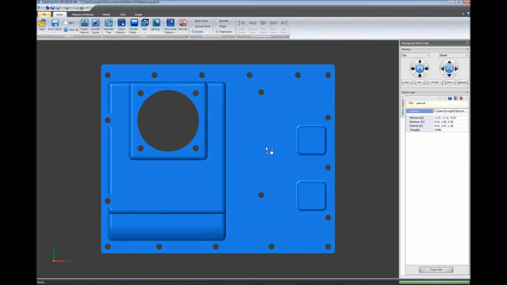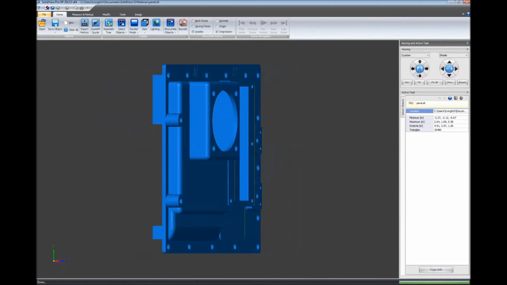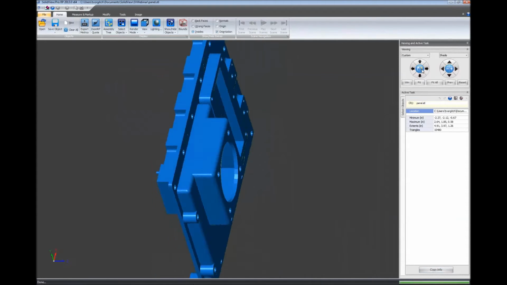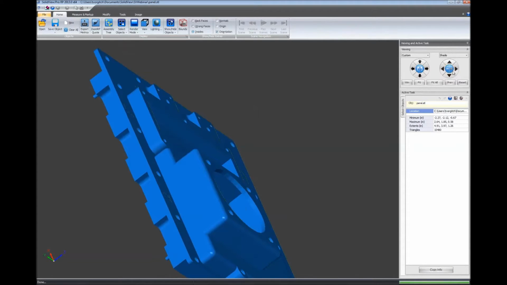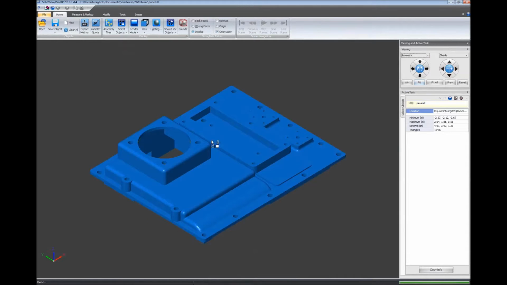There's a number of ways to do that, and it's very intuitive to be able to just spin a part around as if you had something in your hand you want to understand. Using these buttons in SolidView, you can easily rotate the view in any direction, twist it around. You can pan and zoom with these buttons. And we have a number of standard views, like an isometric view